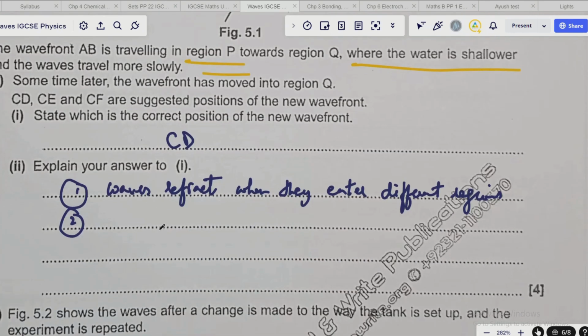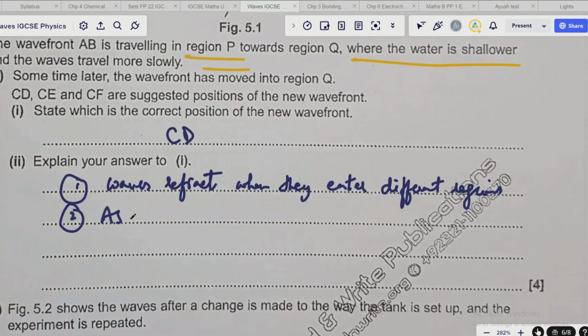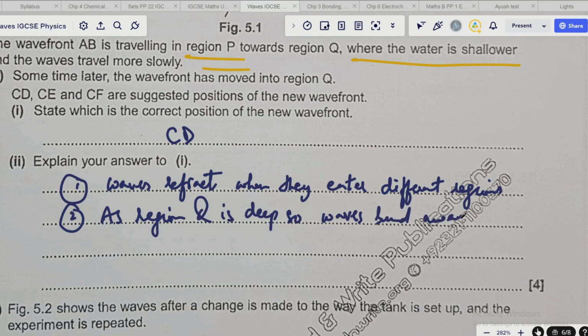So why? Because region Q is deep, so waves bend away from the normal. Okay,